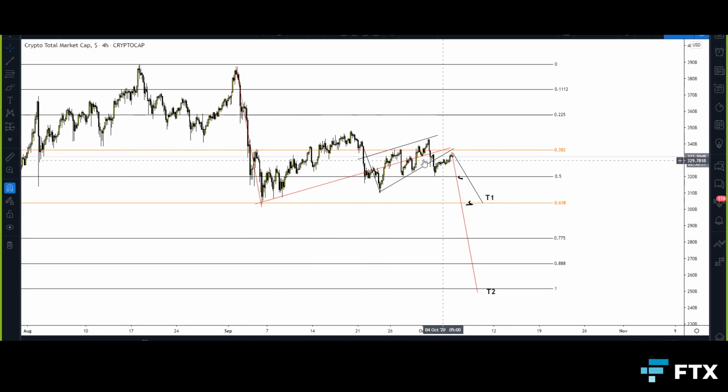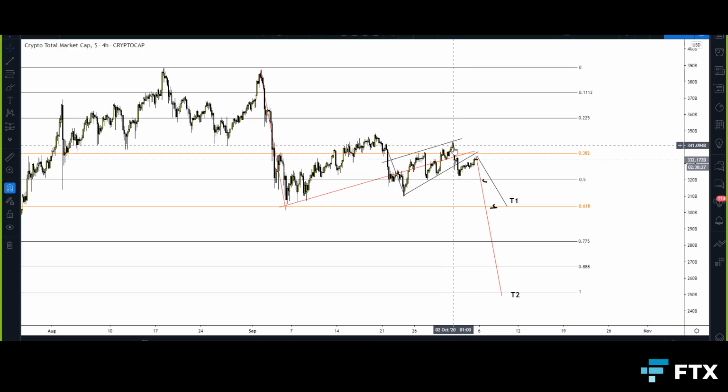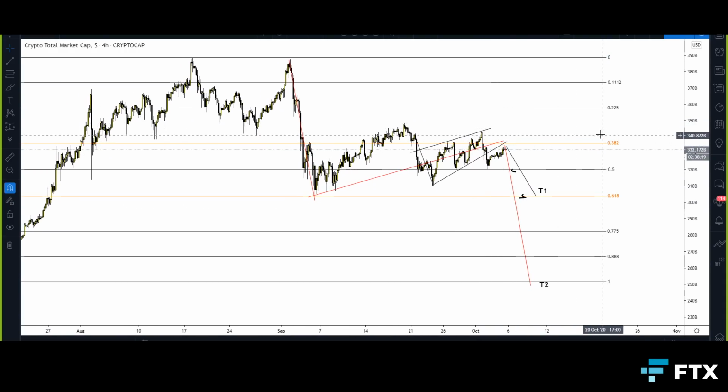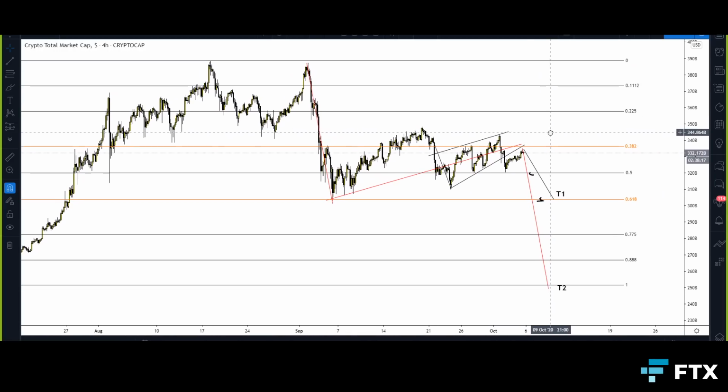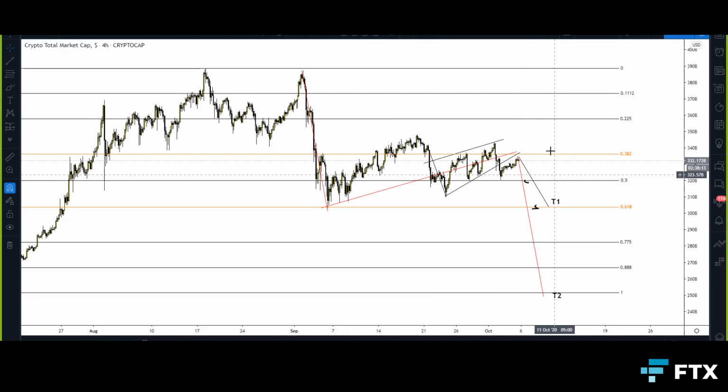This to me isn't bullish. We should be seeing continuation after we made a high past this high. Because we've fallen back under it, I'm going to assume that we're going to come down from here. But play it level by level, right? If we reclaim that 382 again, then I'll be looking to get into multiple positions across multiple currencies